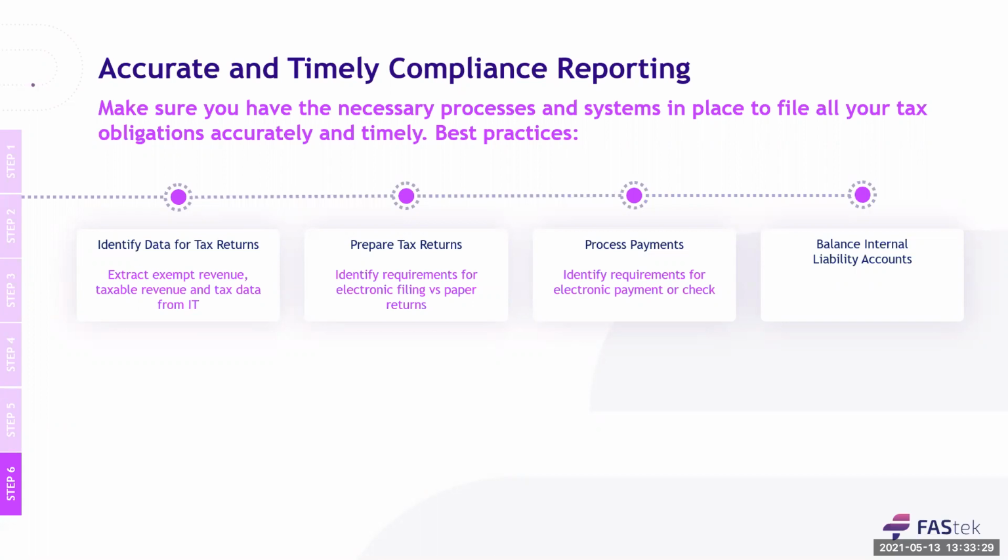Okay, now we're ready to prepare the tax returns. We've got all the data, we've massaged it. So really depending on how much bandwidth your tax department has, you may also want to structure your returns to be prepared by the due date. So you might want to file your 10th first, then your 15th, 20th, 25th, and then 30th. Most of them fall between the 20th and 30th of each month. However, there's some that are due as early as the 10th. And of course, if you are required to make 3 payments in Illinois, the first one is due on the 7th of the month.